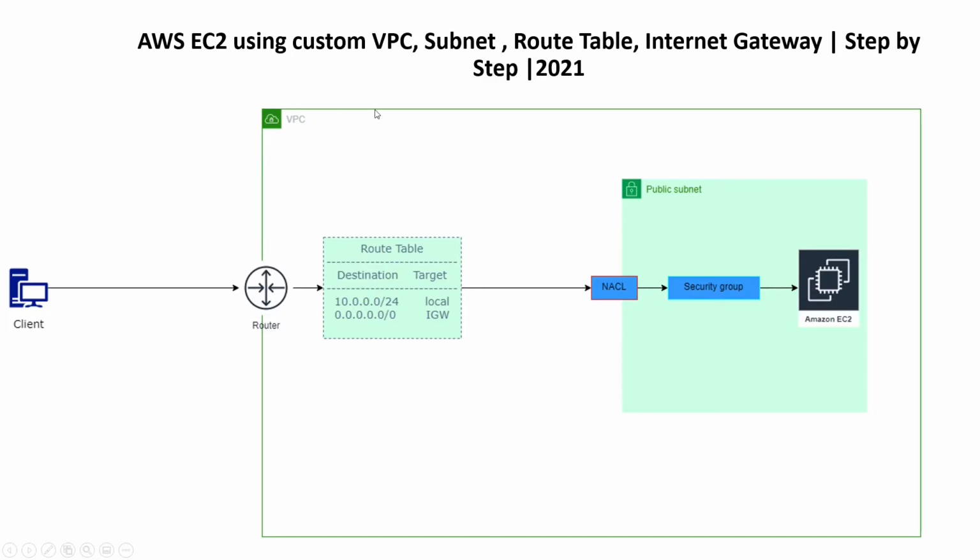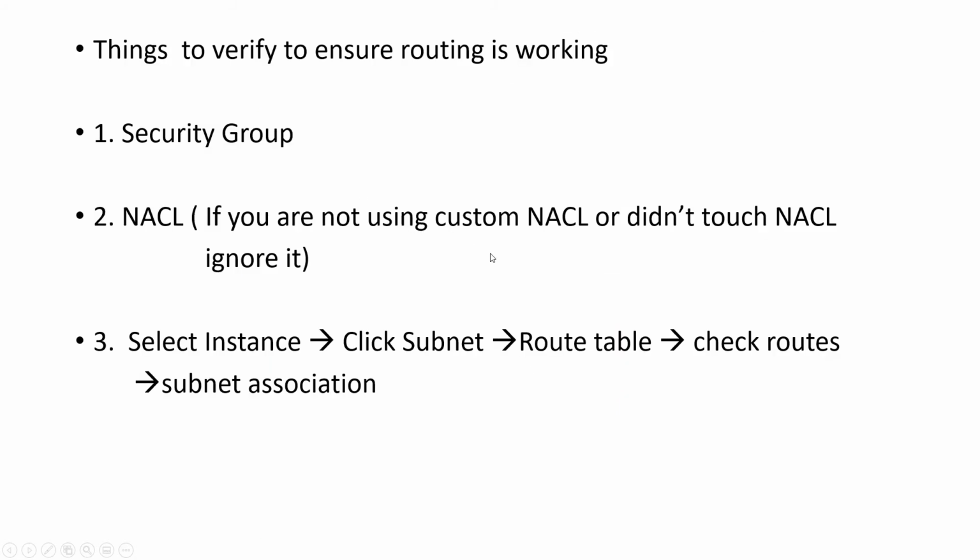So this is what we have created overall, except NACL. NACL is not required, which is an additional security for connecting to our instance. NACL is on the subnet level. We have not created it. It is optional only. We have no need to create it. So this is what we have created overall.